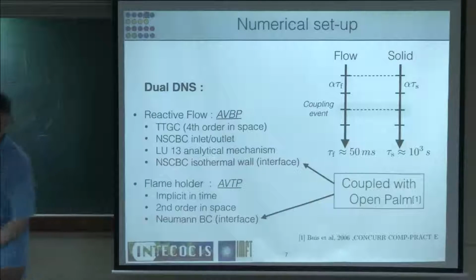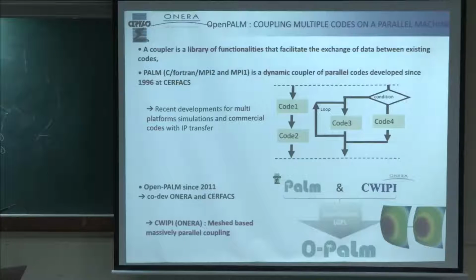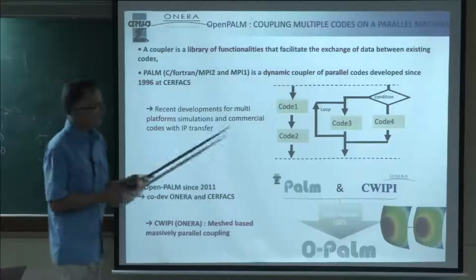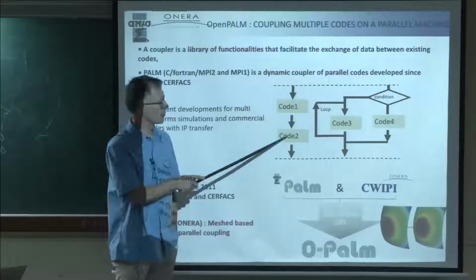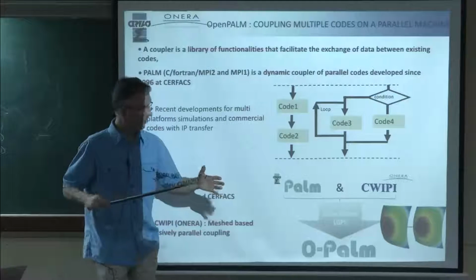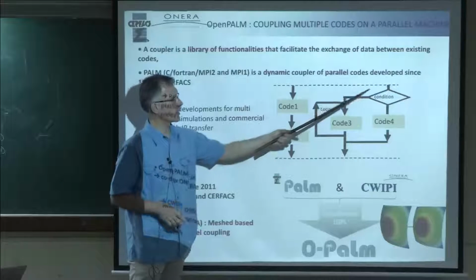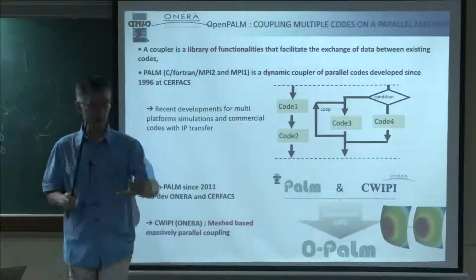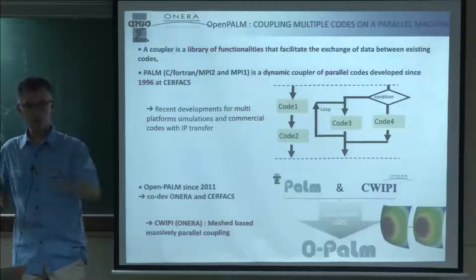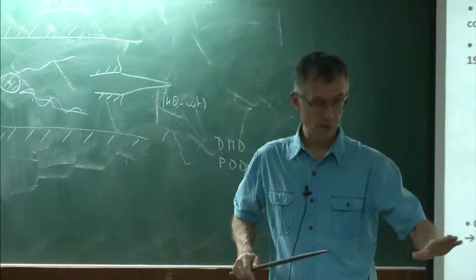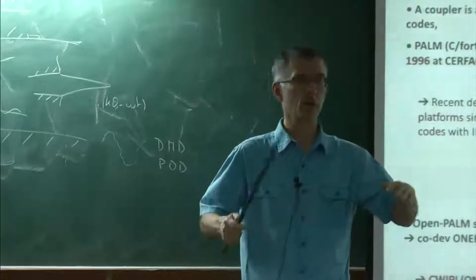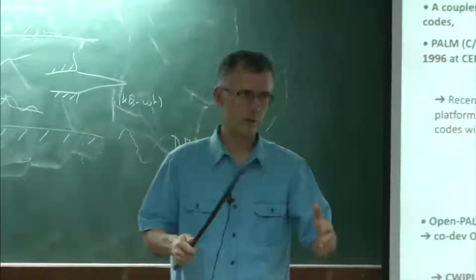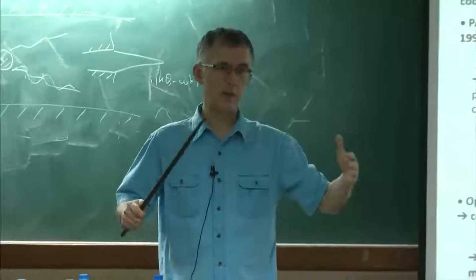And if you type OpenPalm on the network, OpenPalm Cerfacs, you're going to find this link. This is what OpenPalm is doing. OpenPalm is basically a higher level system which tells you, take code 1, code 2, and code 3, run all of them together, exchange the information you want, and you can even make tests. For example, you can look at a code and say, this one's not finished, so I'm going to wait for it to finish. If they are converged, I'm going to stop. If they are not converged, I'm going to restart another one. So you can control. Those of you who know Python, you have all these scripts. It's a smart way of scripting the whole thing.